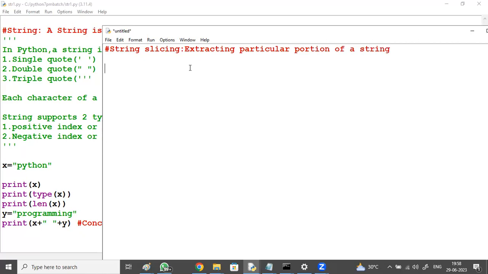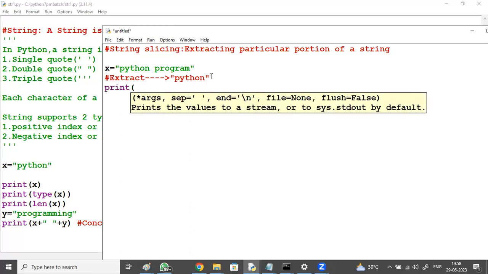X equal to Python programming, if I say, right? Try to extract only the word Python from this, anyone? Print, I don't want the entire string. I want only Python. X of